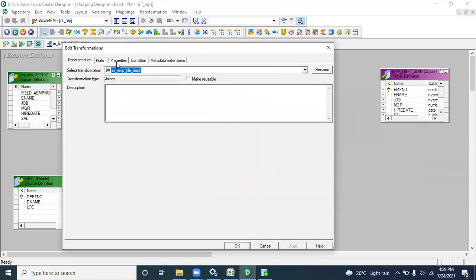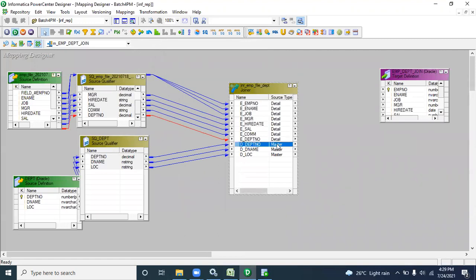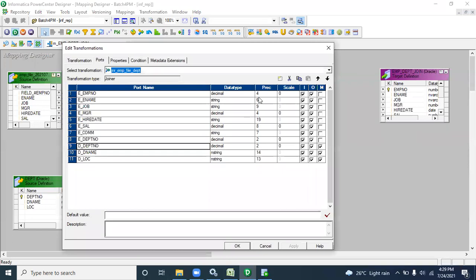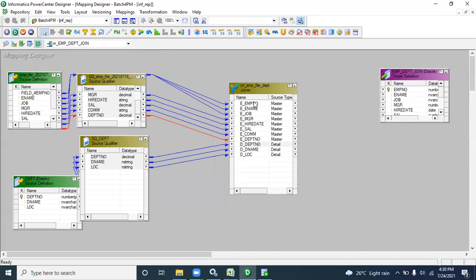Double click it, go to the properties tab. Ports you don't need to see; there is an M port and a D port. M means master. Why is M given? Because if M is given, D won't be given. There will be a checkbox. If I select like this, now you can check, all those EMP ports will be master automatically.